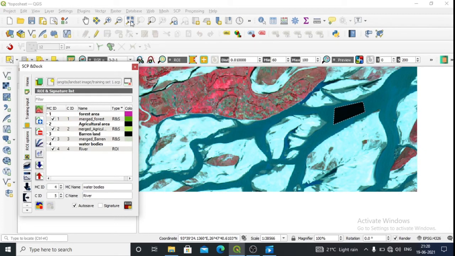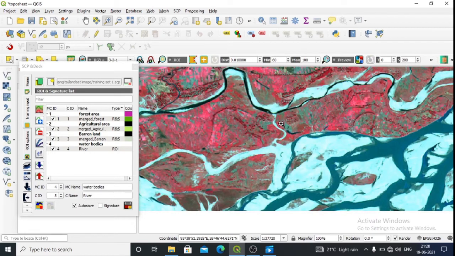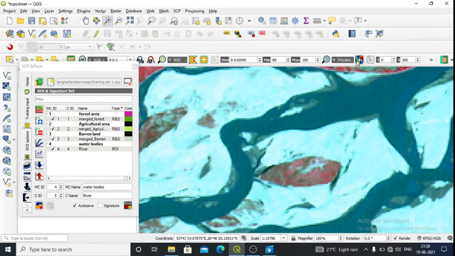Then let me just add one more over here. So this is also river, ID will be 4. Then click on save.